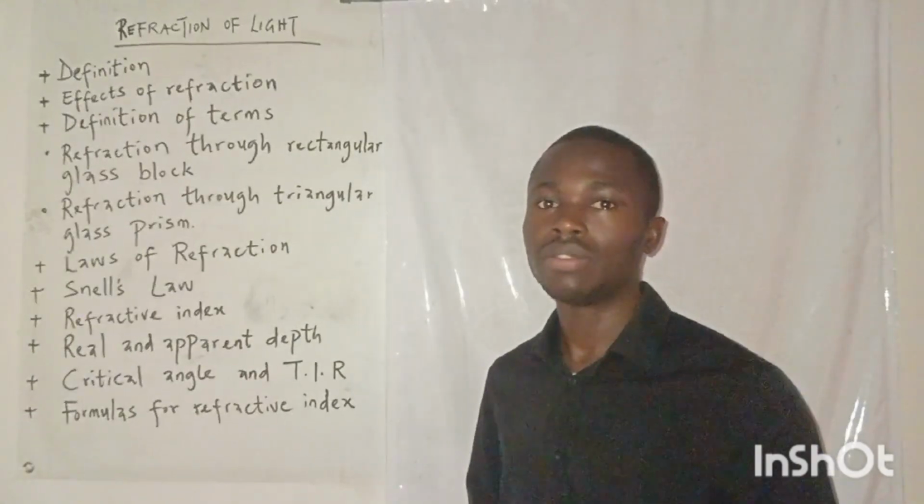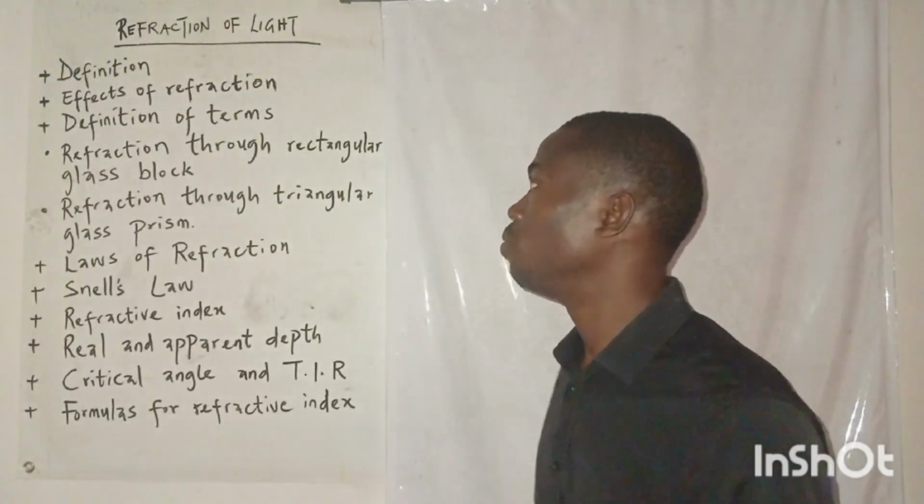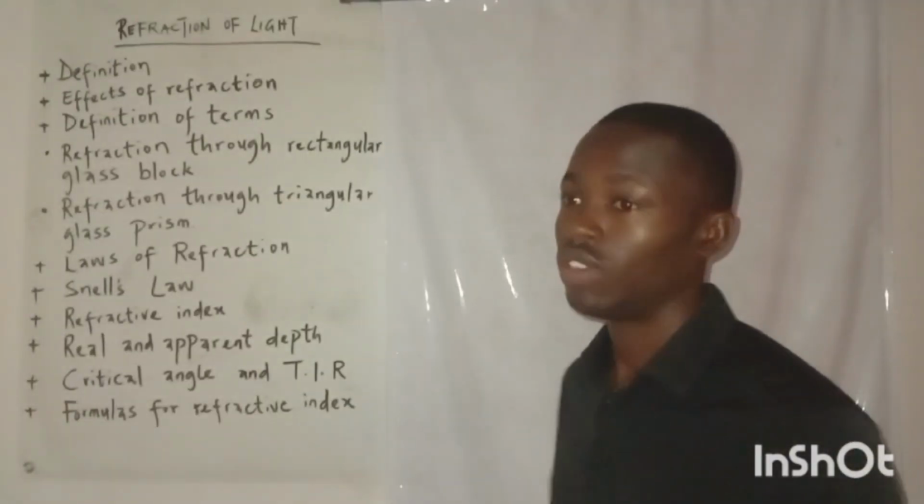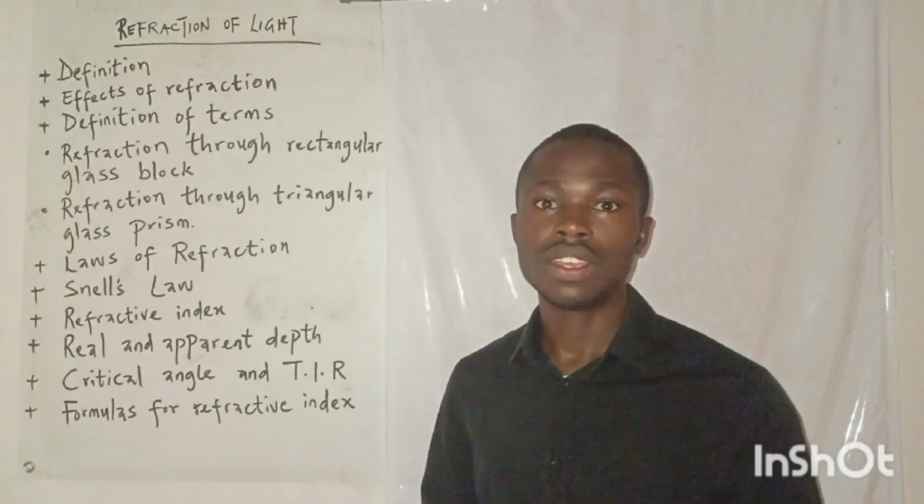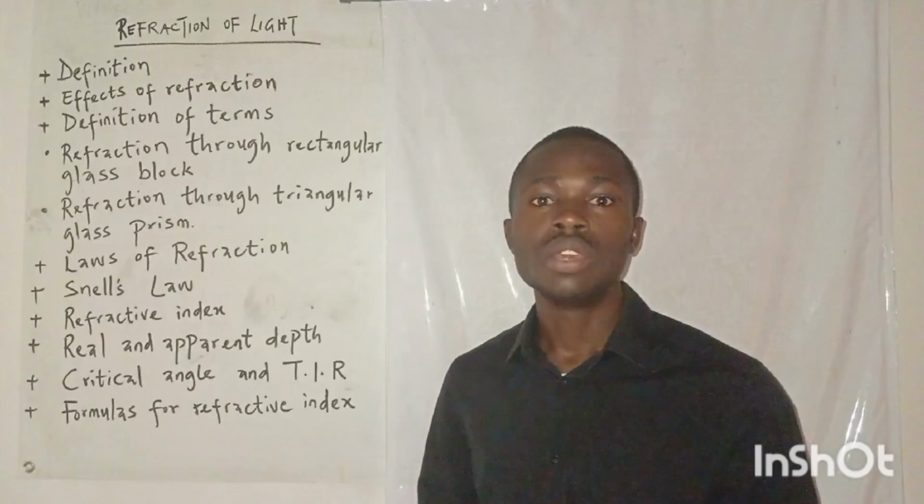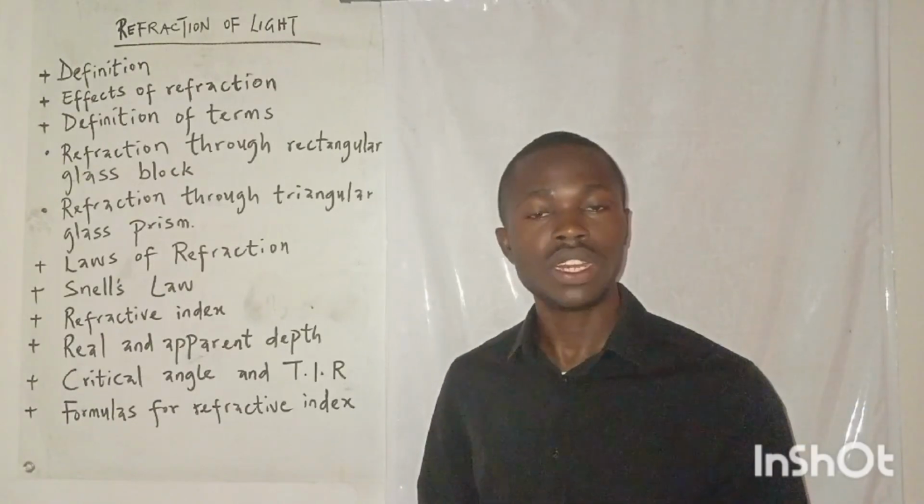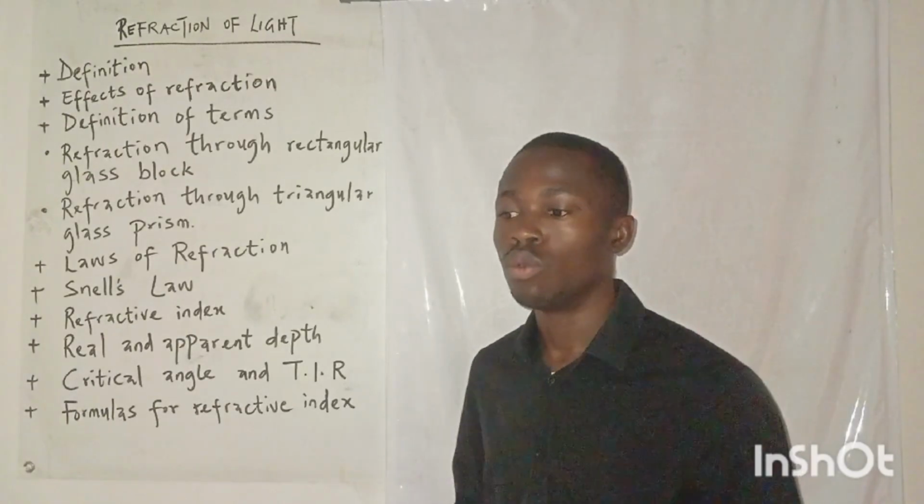So let's get started. The first item we're considering is the definition of refraction of light. So refraction is the bending of light rays as it crosses the boundary between two media of different densities. So what that means is that